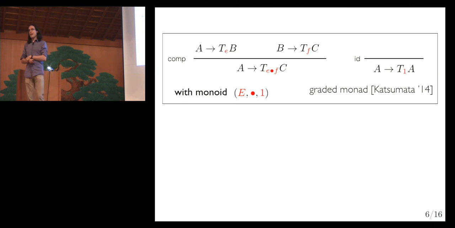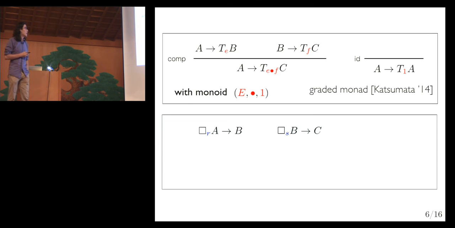And the identity is annotated with the unit of the monoid, so it shows us that the unit is really constructing a computation that is trivially pure. So this is very powerful. We can then have a semantics which is refined by more information about the effects, and we can understand really what's going on underneath more clearly.